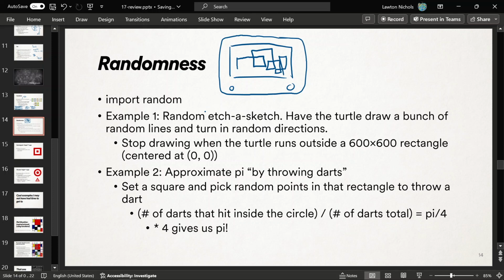And so let's make a turtle version of that. So we'll have the turtle draw a bunch of random lines and turn in random directions, random multiples of 90 degrees. Yeah. So that could be our little program. The turtle's going to start in the middle, and we'll have the turtle pick a random direction and go a random amount, and then turn by a random amount too. Just repeatedly do that a bunch of times, forever and ever and ever, until maybe the turtle goes outside of